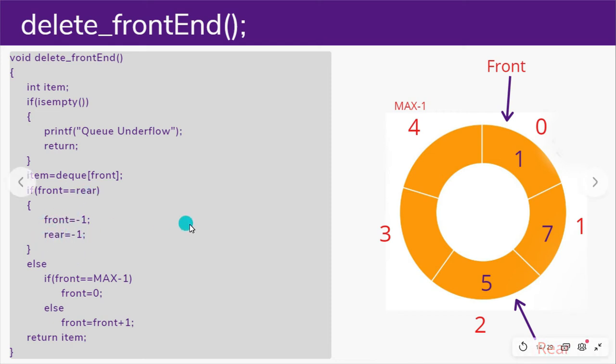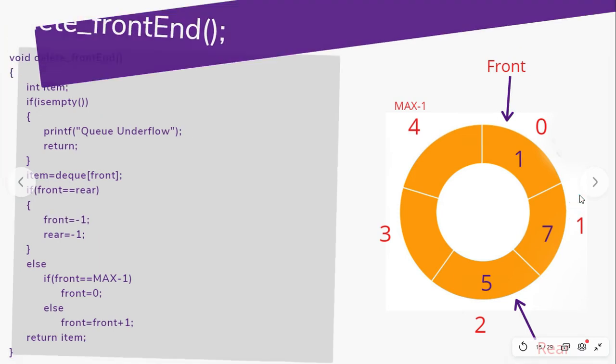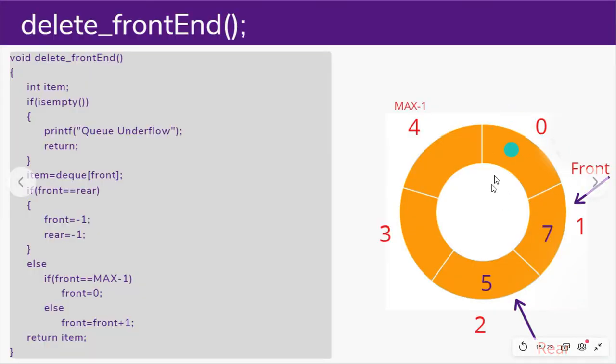But this condition is false over here. So we'll go for the else if front equals to max -1, but no, our front is 0, not max -1, right? So this condition is also false. In else part, front equals to front plus 1, so simply the front gets incremented after deleting the data, and data is stored in the variable item, so that item variable is returned to our main function. And there it is displayed. So our front would point to the first index and 1 will get deleted, as you can see over here.